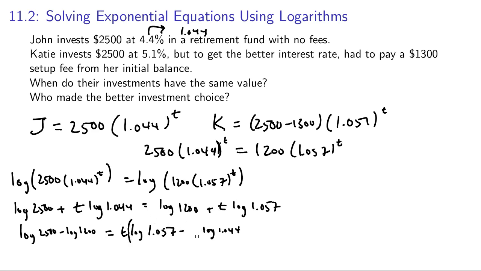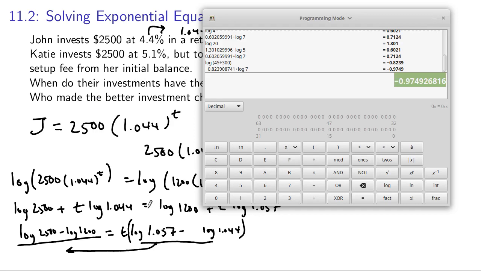If we can factor the t out, we have t times log of 1.057 minus log of 1.044, and now we can divide both sides of the equation by this value, which essentially moves it under here. So to evaluate what t is, we need to take log of 2500, subtract the log of 1200, divide that all by the log of 1.057 minus the log of 1.044, and we get